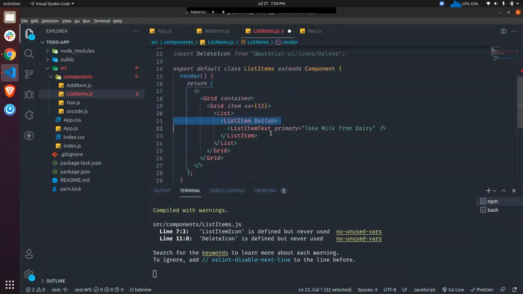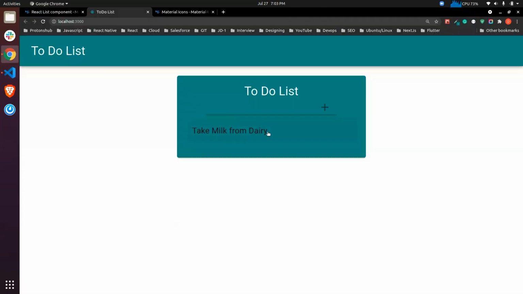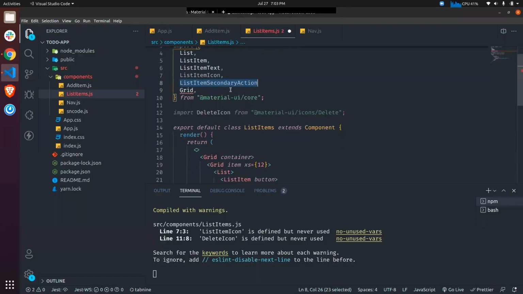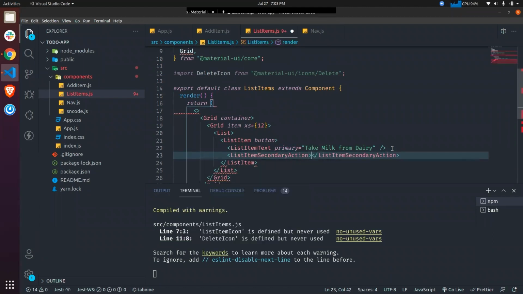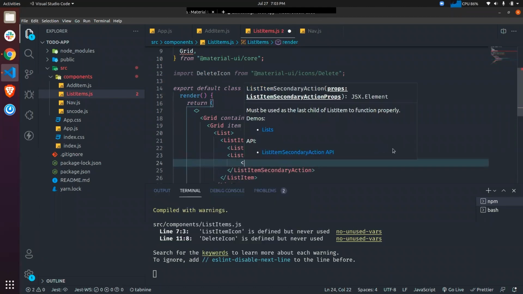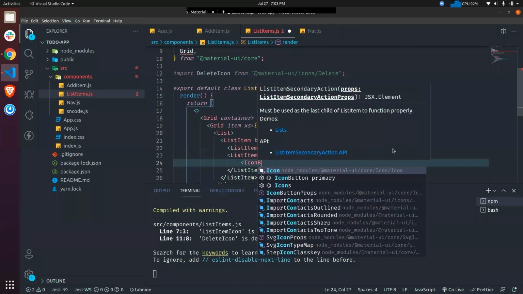As you can see, our list item is a kind of clickable button. So if you want to add another clickable thing inside it, you have to use list item secondary action. So inside this list item, below the list item text, we can import list item secondary action. Inside this, we'll give an icon button.